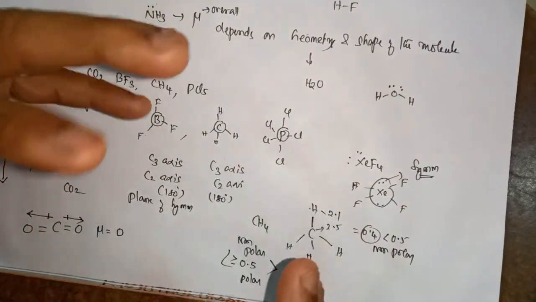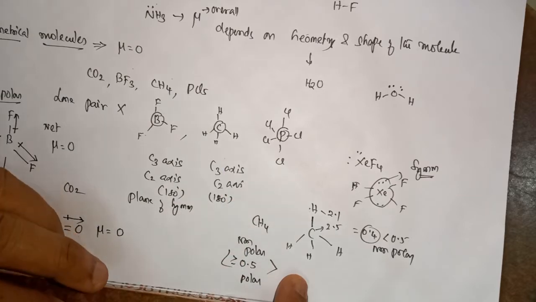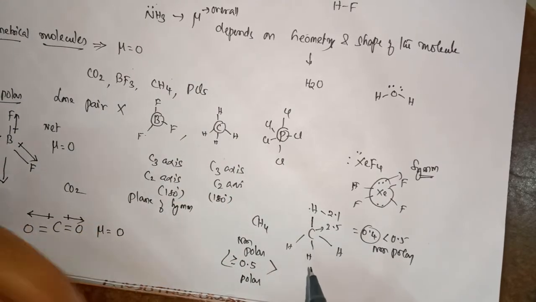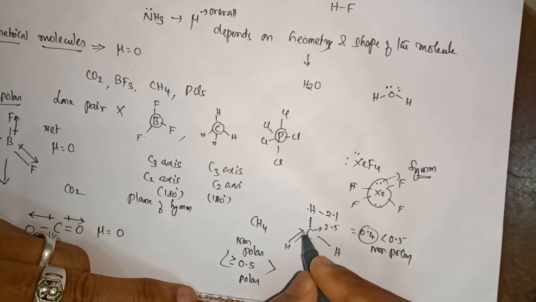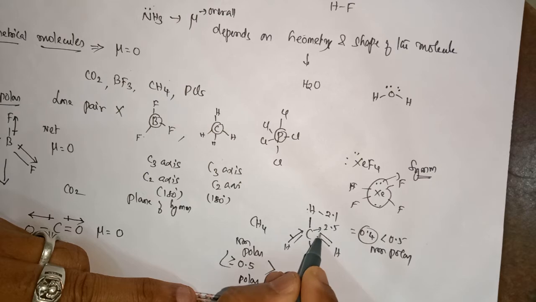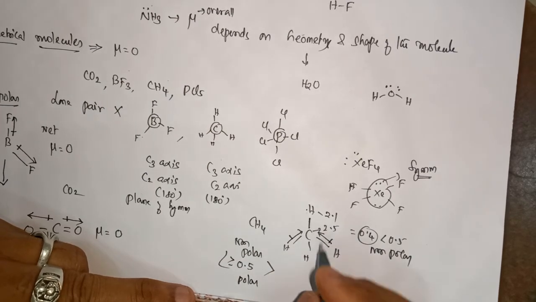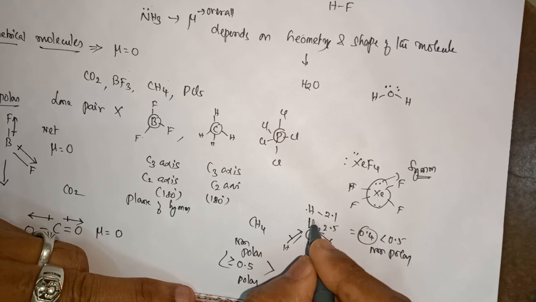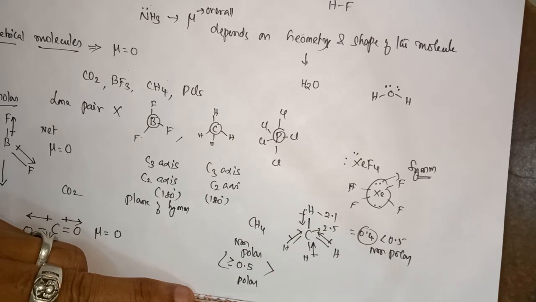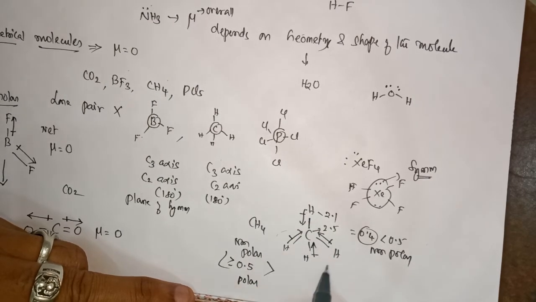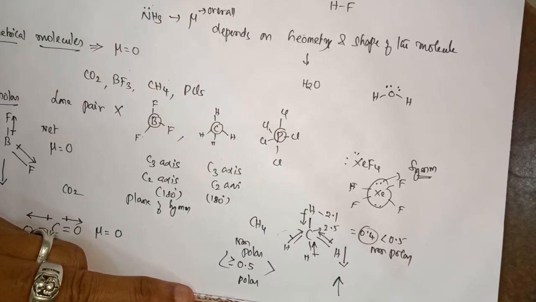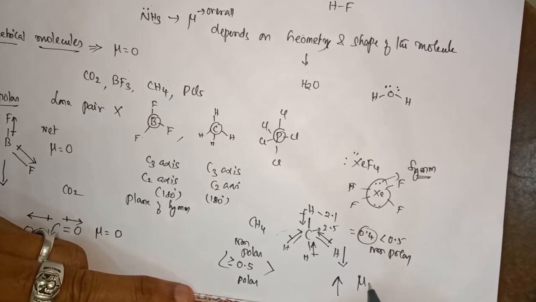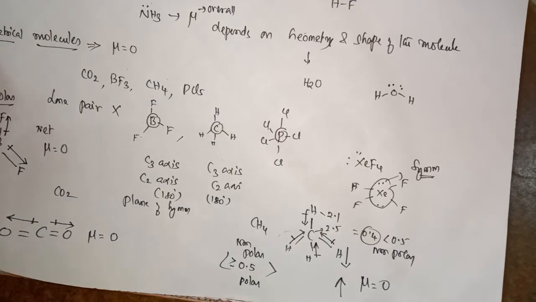No need to find out whether it is symmetrical; I already told you it has symmetry. In some books it is given like that also. Carbon is more electronegative than this, so it is plus. This is more electronegative, this is plus. But the sum of these three is in this direction, and this is in the opposite direction. So what is the net dipole moment for this? Mu is equal to 0. In this way we need to find out.